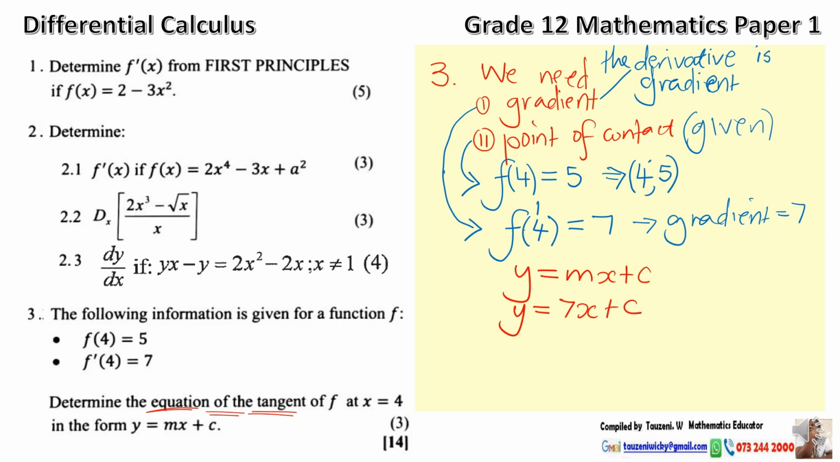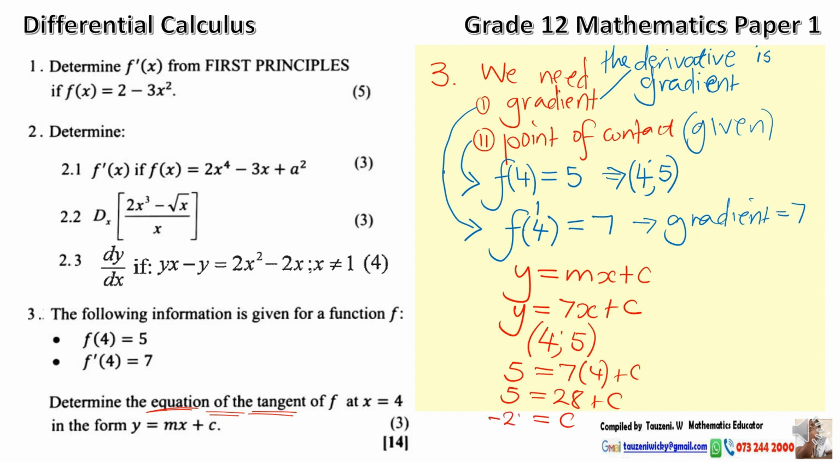Then using the coordinates of the point where the two meet, we can then calculate the value of c. So y is equal to 5, x is equal to 4. So this is 7 times 4 plus c. That will give us the value for c. So 5 is equal to 28 plus c, which gives me c is equal to 5 minus 28, which is